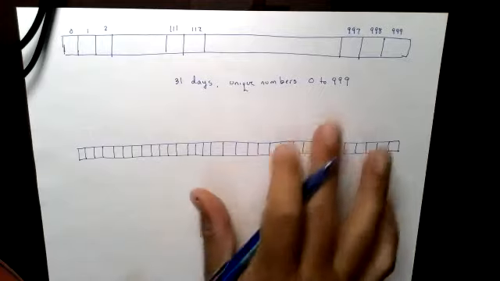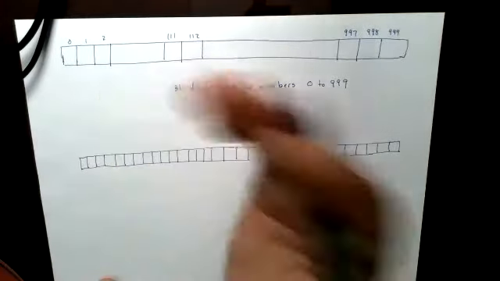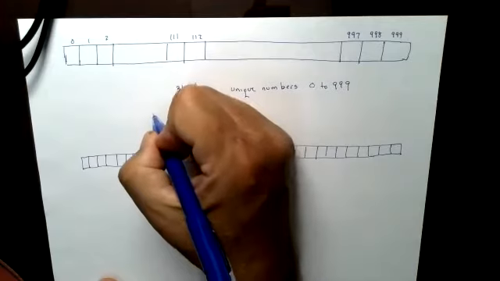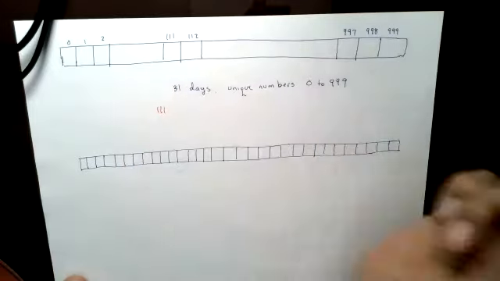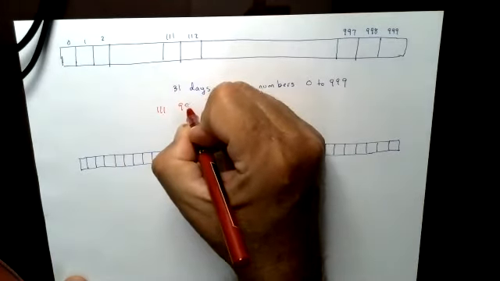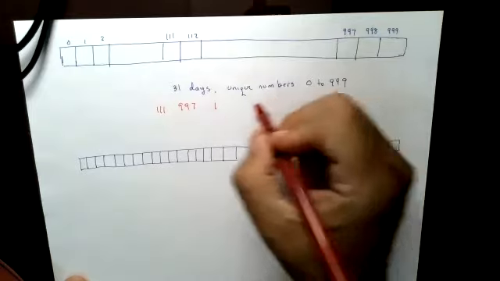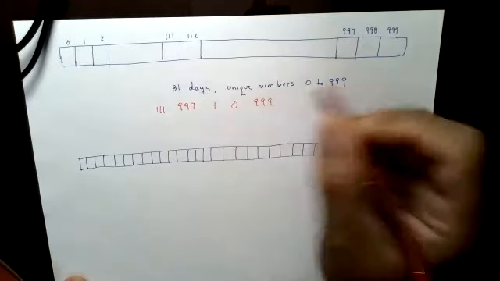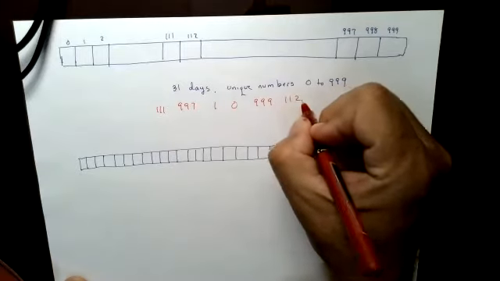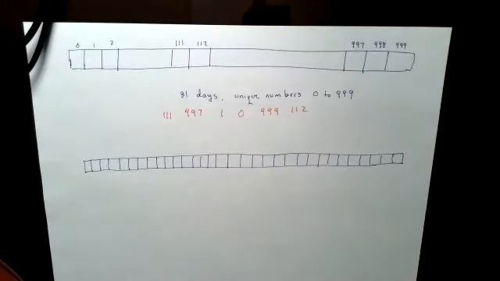So if I start thinking of some numbers, I'm just making numbers up here, folks. 111, 997, 1, 0, 999, 112. Okay, so I had some numbers going on here, and I'm saying, okay, so if I want to be